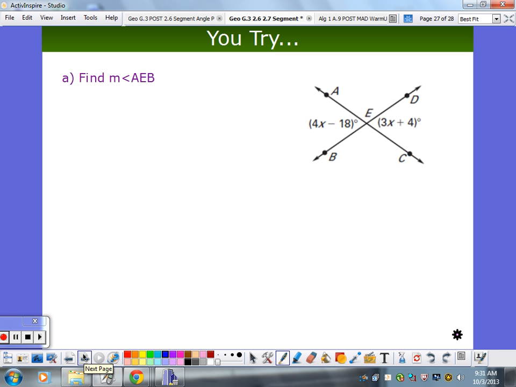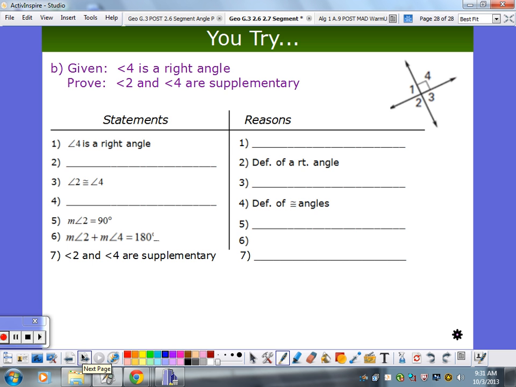This is a U-try. The U-try, definitely do this one. This one, there were some mistakes on the notes. So that second U-try, it's kind of okay. It's kind of okay. When you get to the end, this one, measure of angle 2 equals 90. I believe that should be the statement. So kind of move this over, the measure of angle 2 plus the measure of angle 4 equals 180, and